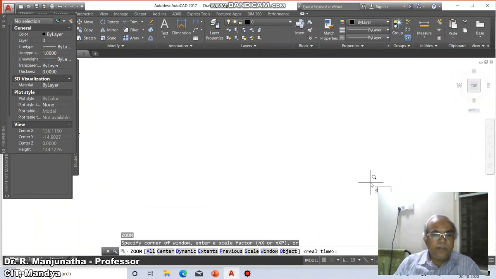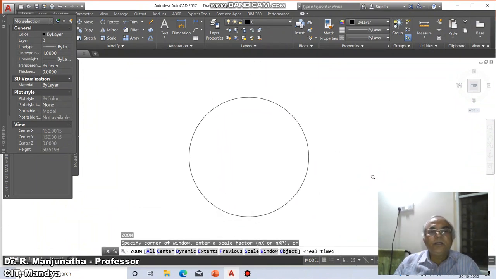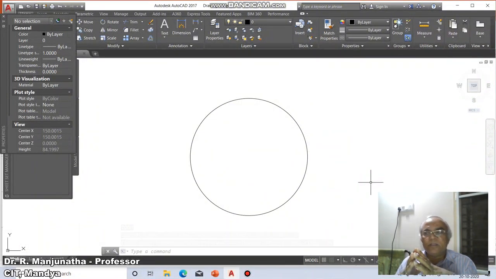Of course, the zoom command and all those things will be dealt with in detail when we take up the display commands. So this is how you are able to create this drawing for a radius of 50 mm.